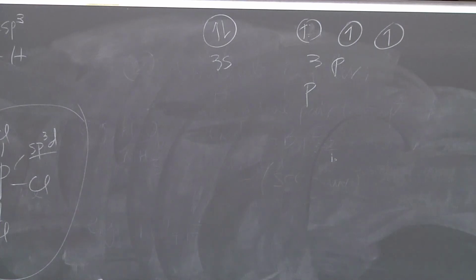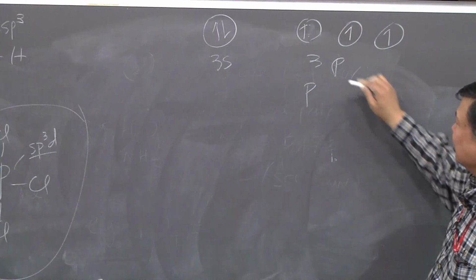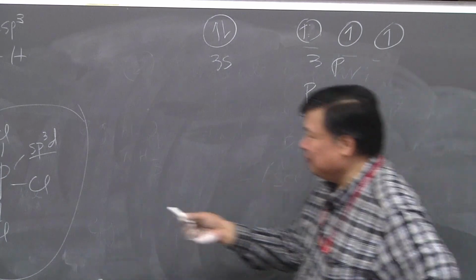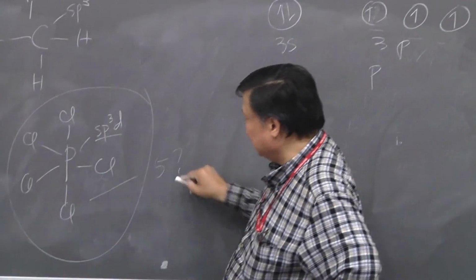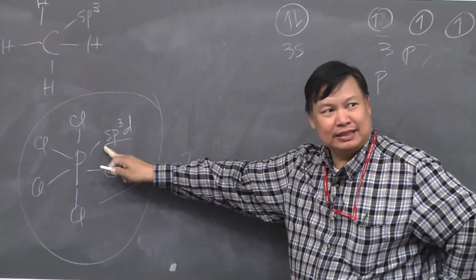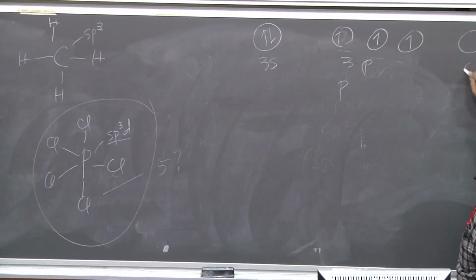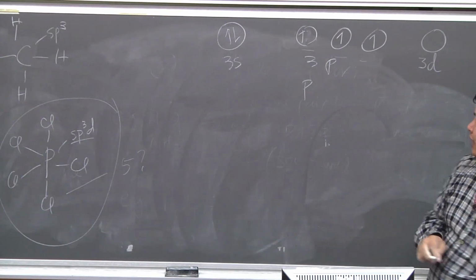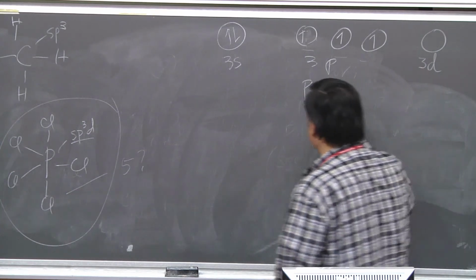So if I draw it this way, how many bonds can I make? I can only make 3. But how many did we make? 5. So how do we make 5? Because remember, what's the hybridization now? S, P, D. So that means I'm going to borrow one of the D. And the first thing I'm going to do is split them apart. So I have 5